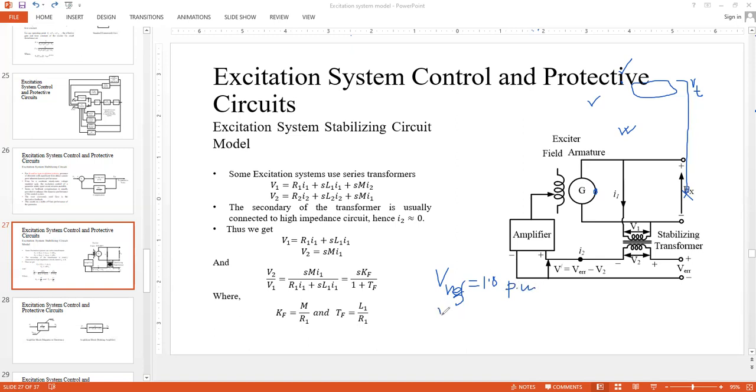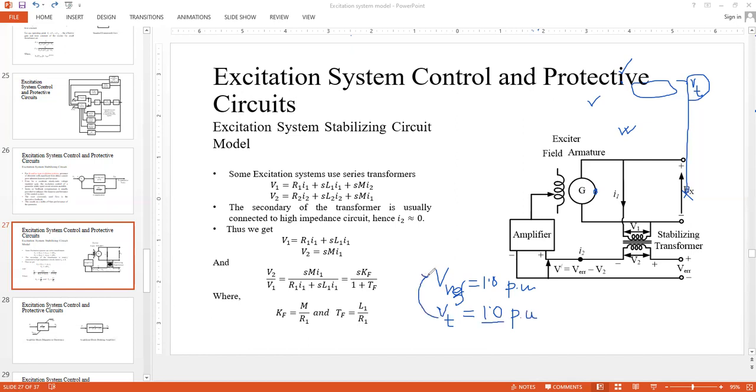So as long as your Vt is passed through some sensing device and some compensating device, we get some transformed information about Vt, and that information is transformed into something near about 1 per unit. So in a steady state, we make sure that this is 1 per unit and that is equal